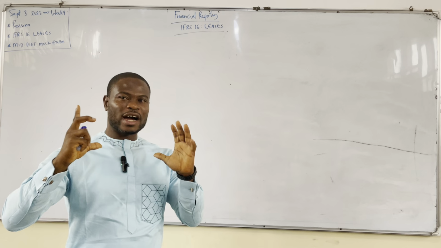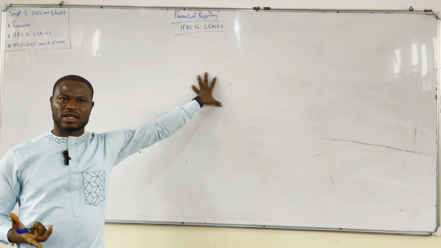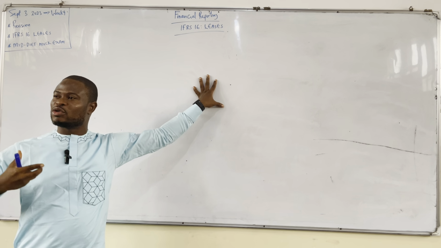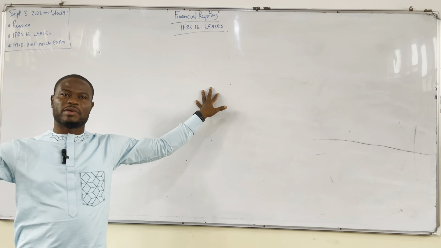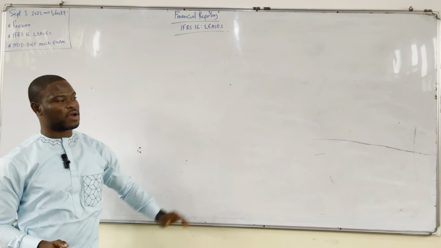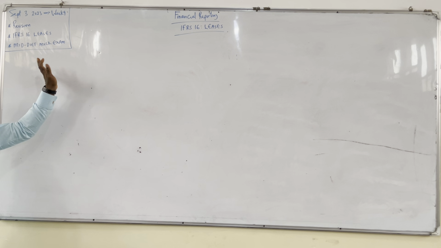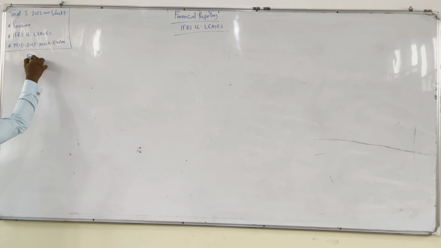You see, that context is what IFRS 16 is looking at: that businesses do not need to outlay so much money to buy an asset. They can rent it. They can pay a small amount and spread the remaining over many years. And that is the main idea behind IFRS 16 on leases. Now, with that context explained, let's look at the way IFRS 16 defined leases, then we can take it up from there. So let's start with the definition of leases.